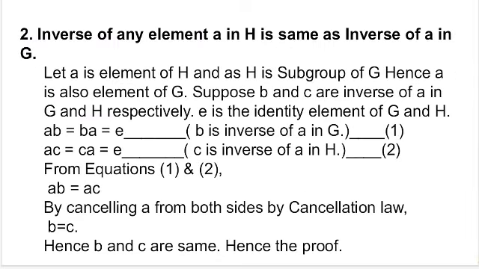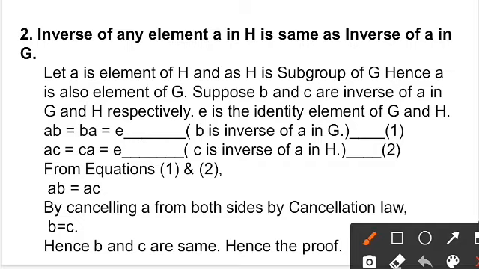So our second part was that the inverse of any element A in H is the same as the inverse of A in G. So if we take any element, then its inverse is the same in H as well as G, that is in a group as well as a subgroup. So let A be an element of H, and as H is a subgroup of G, hence A is also an element of G, right? Suppose B and C are inverses of A in G and H respectively, and E is the identity element of G and H,